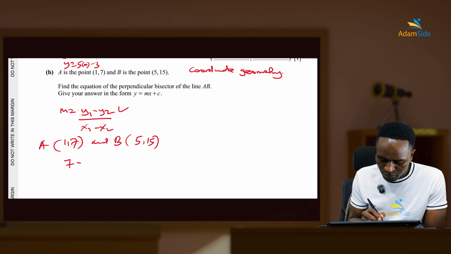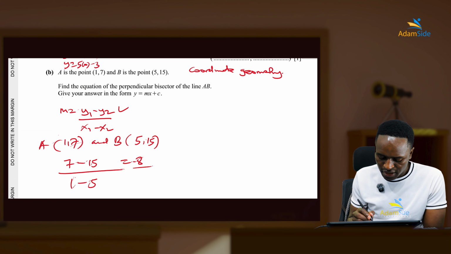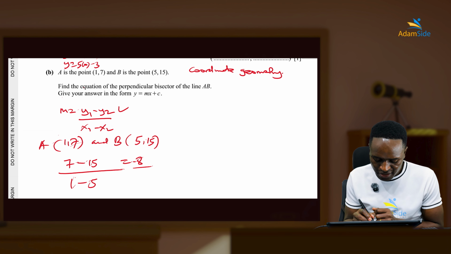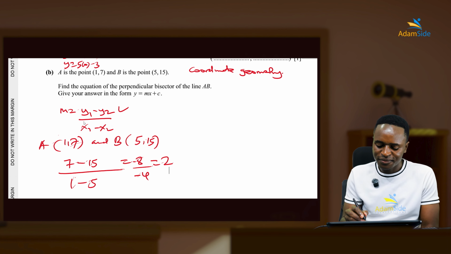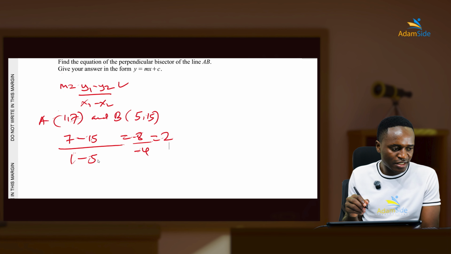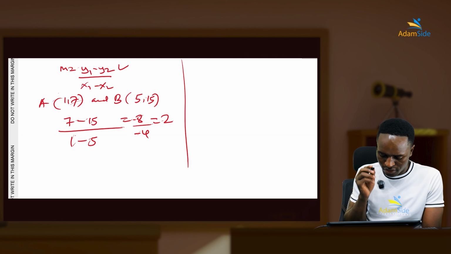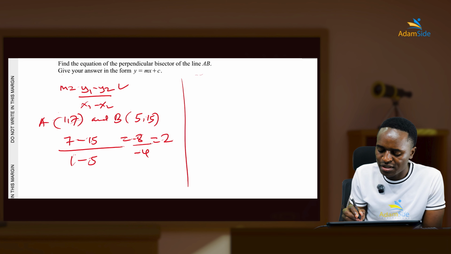y1 is 7 minus 15 over x1, which is 1 minus 5. 7 minus 15 is negative 8, divided by minus 4, which gives you 2. That's the gradient. And then, when lines are perpendicular, these are lines that meet